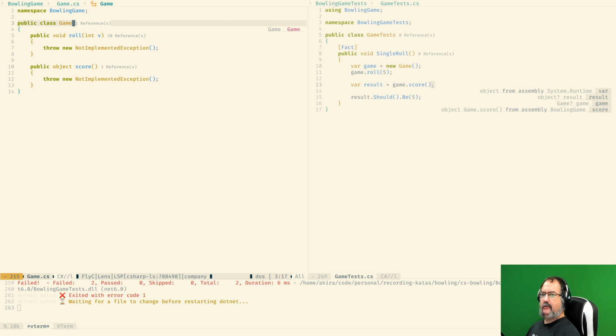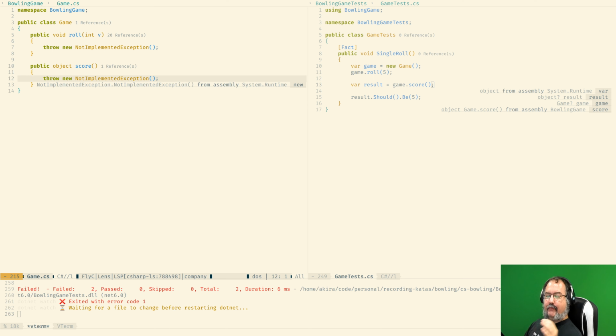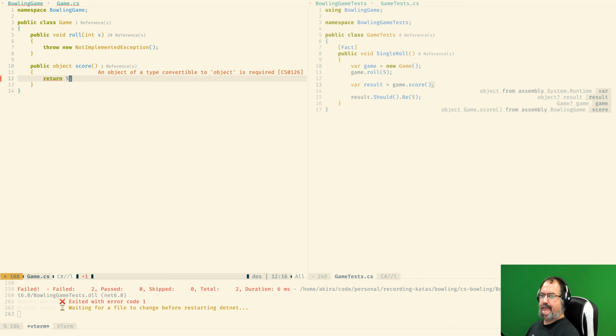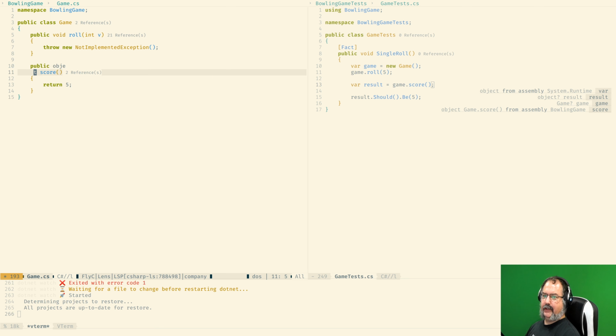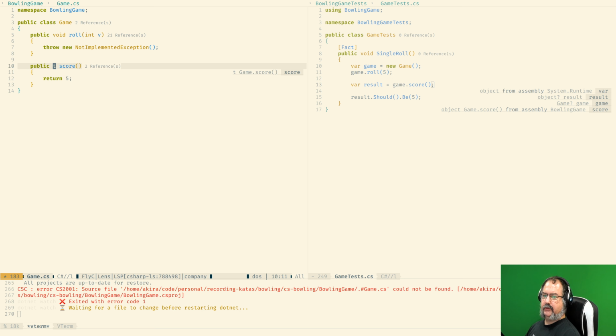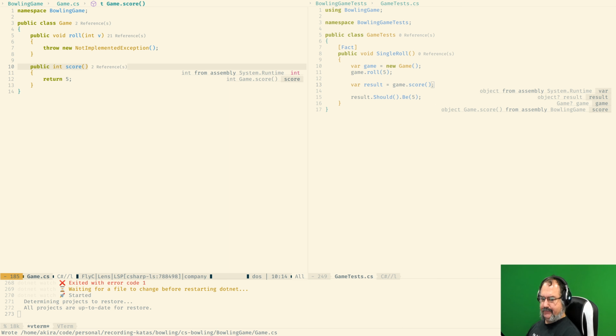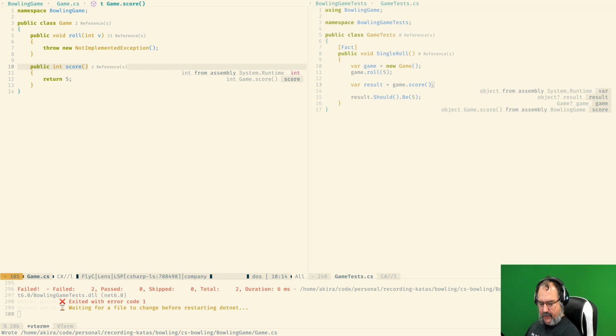Okay, so basic implementation, if we follow strictly the rule, we can just return 5 over here, yeah. By the way, this being an object, no good. That's gonna convert it into an integer. That's what we are returning. Okay.